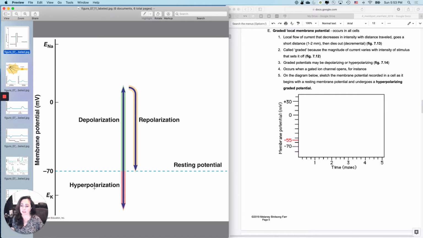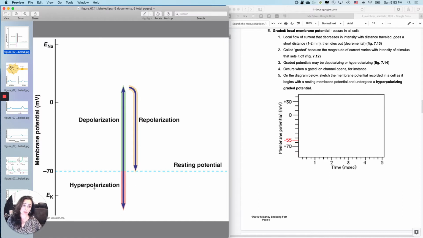Hyperpolarization is when the inside and the outside become more electrically different. That would be moving from minus 70, which is that resting membrane potential, to maybe minus 80, minus 90. Okay, because now we're going to start talking about the concept of graded or